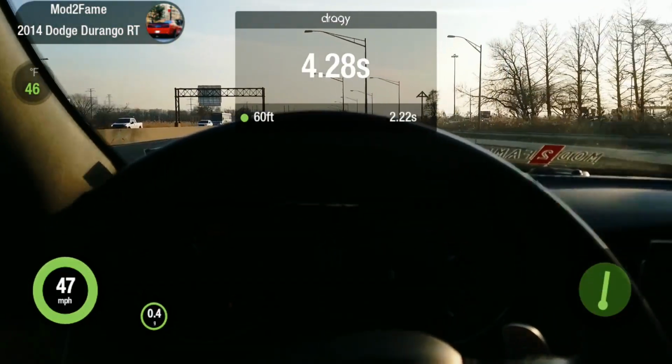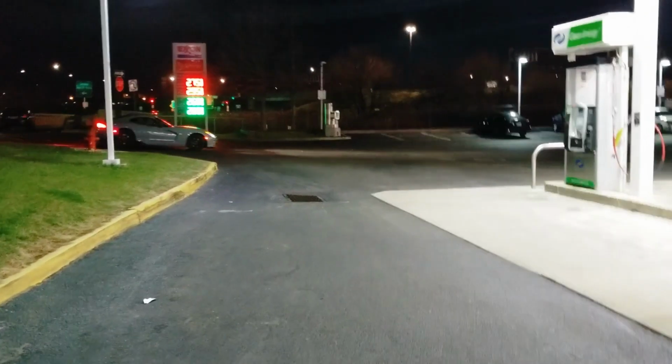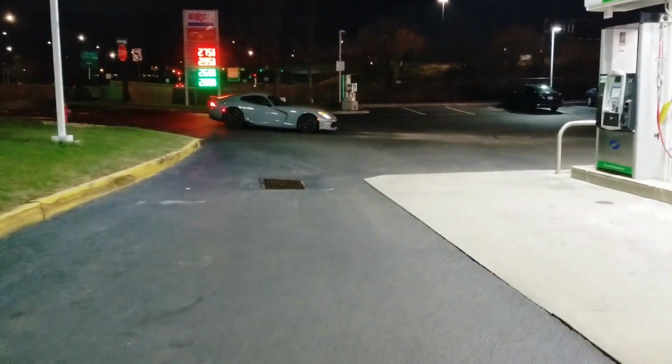In the Durango, the now tuned Durango RT. Look at that monster, baby. Are you ready? 1,